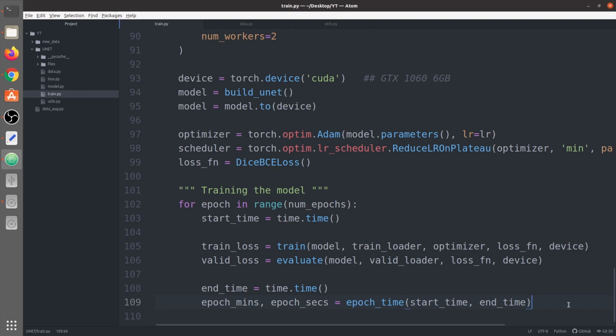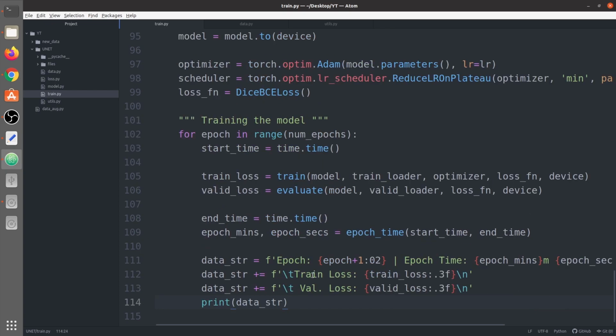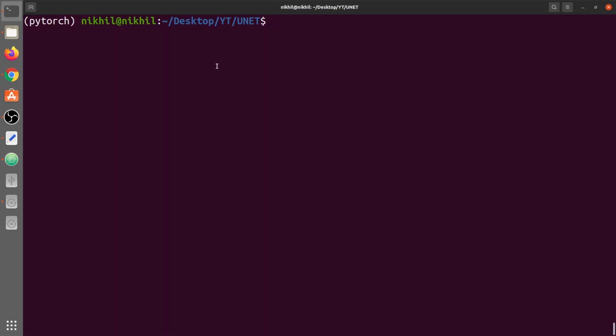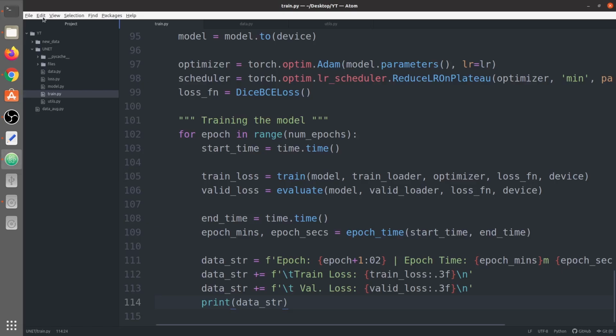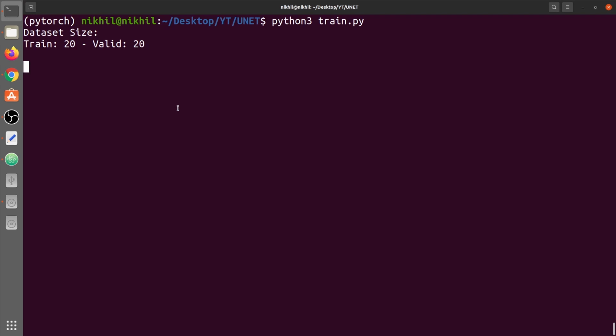Okay, and now we're going to print the training loss and the validation loss, the number of epochs and everything that needs to be printed on the screen. That's why we were worried about why nothing is printed on the screen, and that's our mistake, because we haven't written any print statement. Now I hope that it should print at least something on the screen.